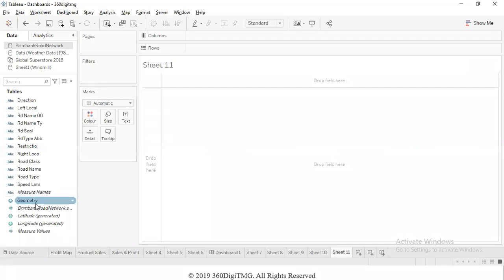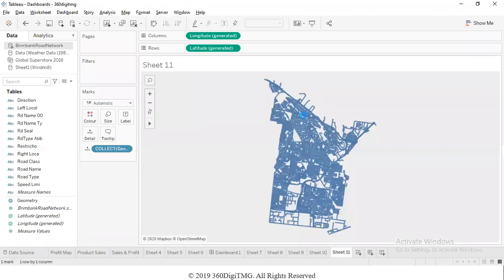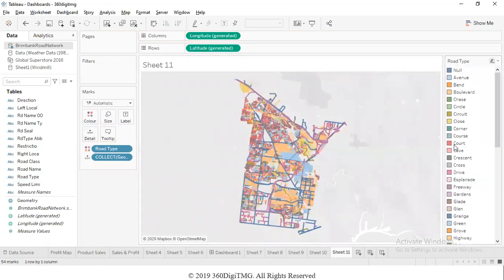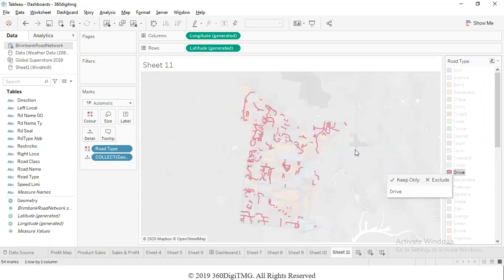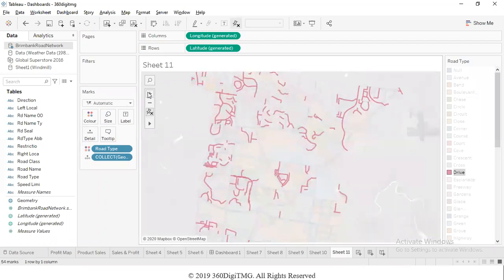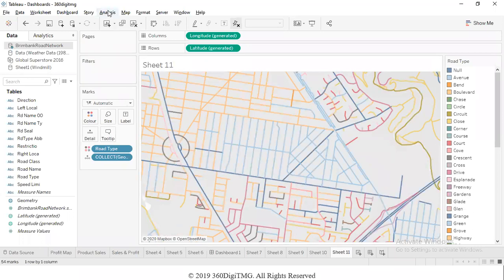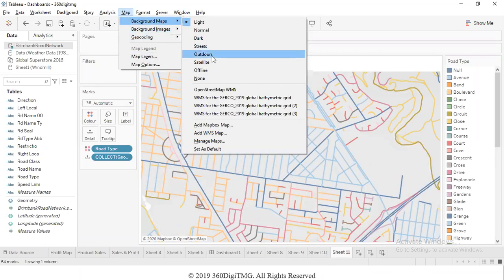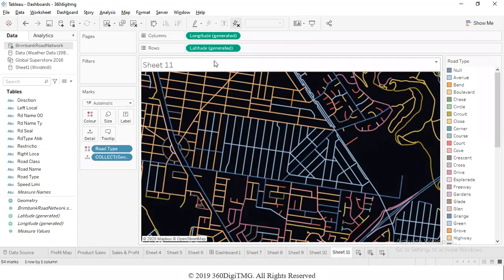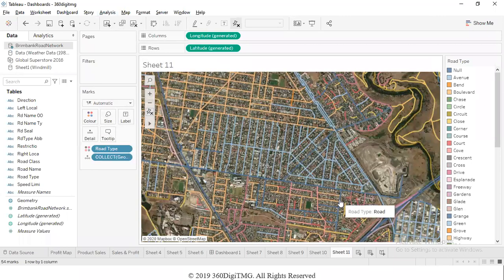Now to create this using geospatial data, we'll take geometry to the detail shelf, and it will automatically show the data. Now the whole thing is one big block, which we can granularize, let's say by road type. So I can see each road type and what the road network is in that area. Then you can zoom into a particular place and check the road network there. On top of that, we can also make it a satellite view. There is a satellite view option, and it will change and give us that kind of view in different areas.